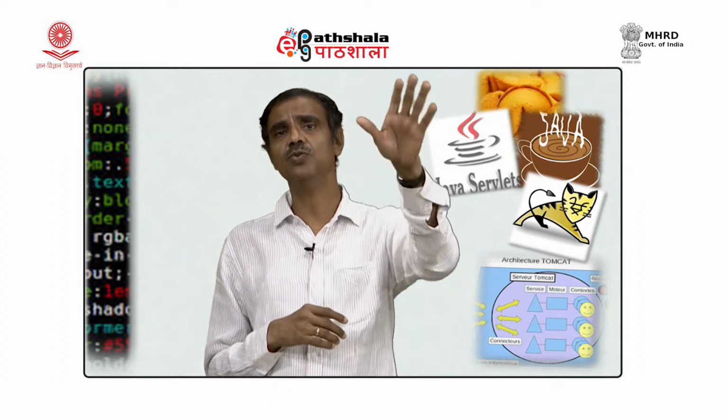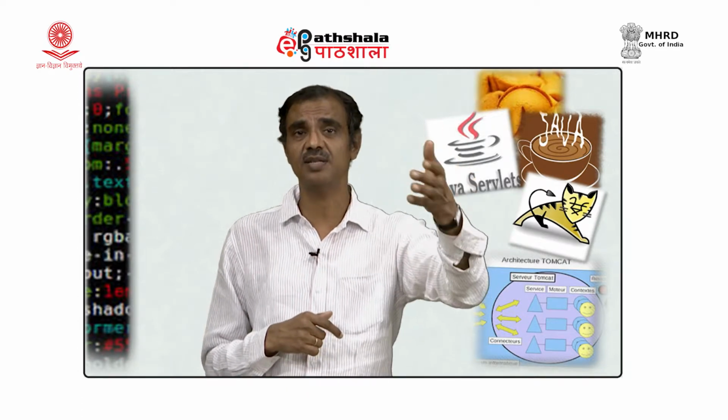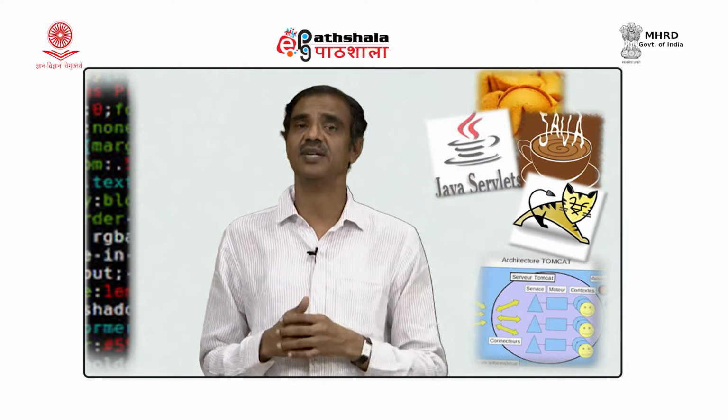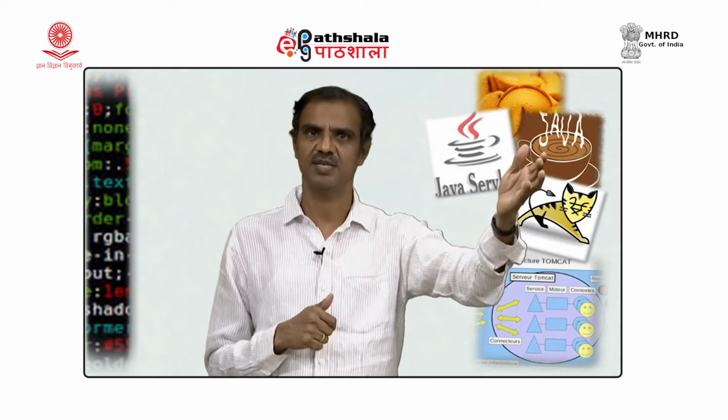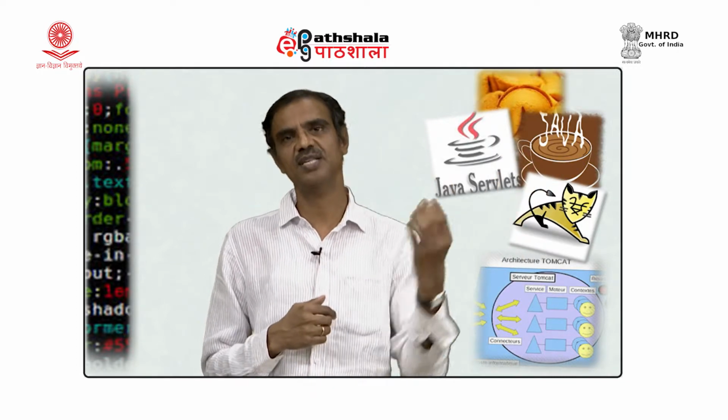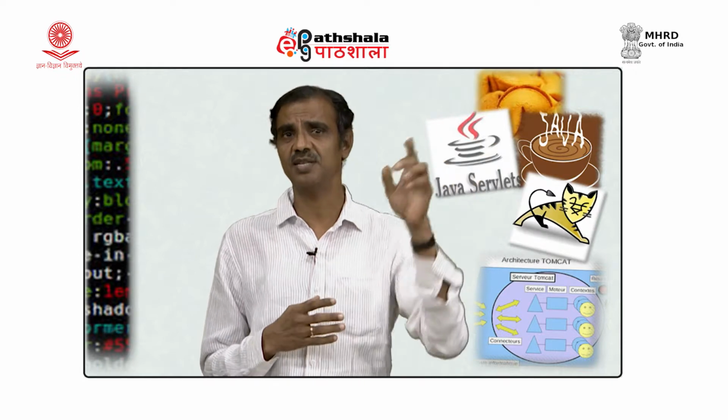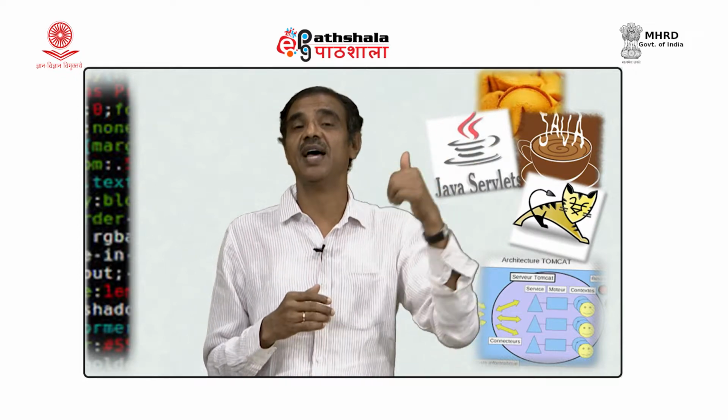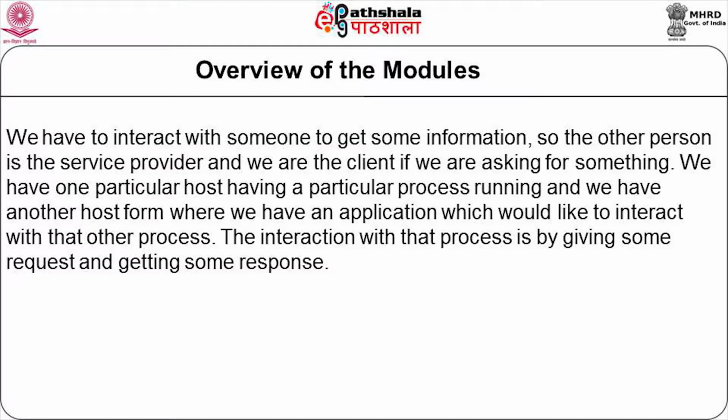The one with whom the interaction is actually taking place, that is a server. I have to interact with someone to get some information, to get something. So, the other person is the service provider, he is the server, and I am the client if I am asking for something. Right. So, it is a very simple paradigm, basically client server, okay, anyone giving any kind of a service,